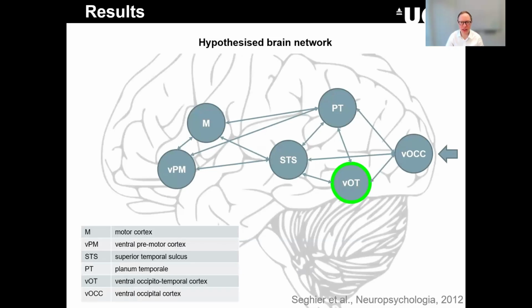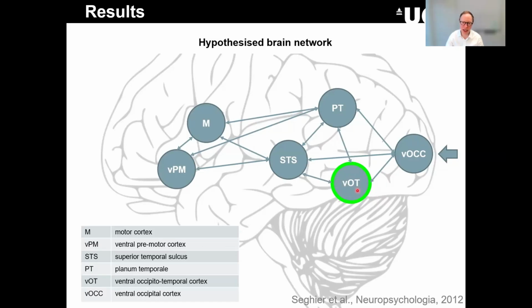DCM is a hypothesis-driven approach. It's not exploratory. So you have to start off by having quite a clear experimental question. The experimental question here is whether there is some other pathway that can explain how patient AH could read. So we have visual input coming into primary visual cortex. Activity, it was hypothesized, flows along these connections through the motor cortex, planum temporale, ventral occipitotemporal cortex. So this is where the